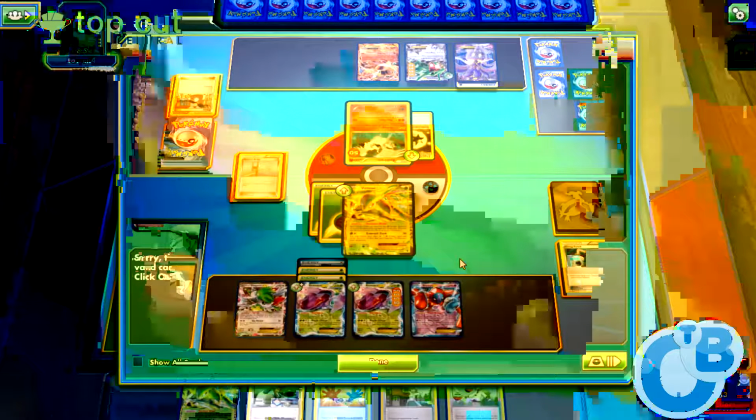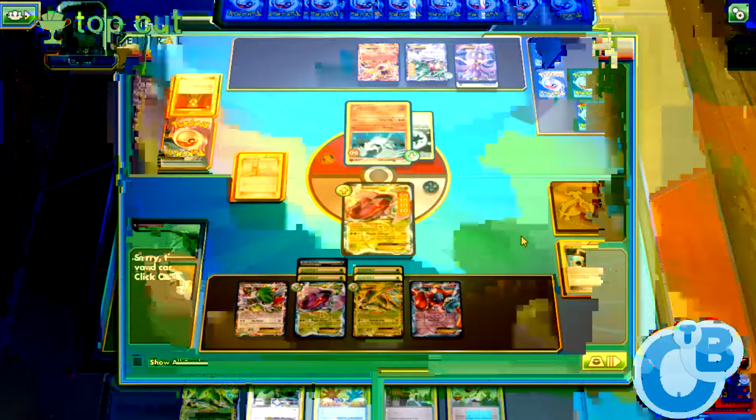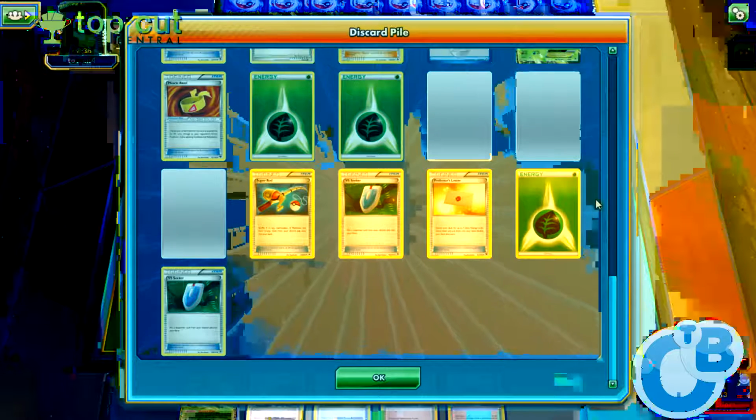This way we have a 2-shot without being 2-shotted back. We have a Pokemon with full HP active, and not finding any more grass was unfortunate there. Ooh, there's a Lysander. That hurts, but that's actually fine. We're gonna end our opponent here,